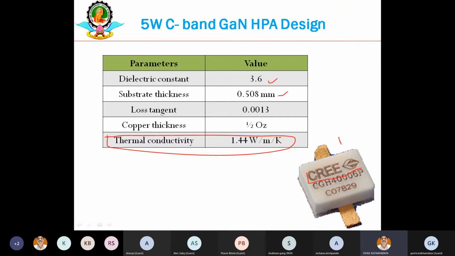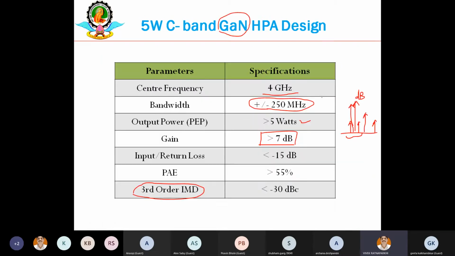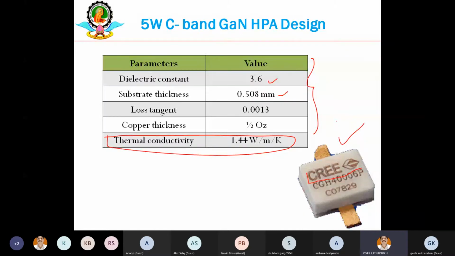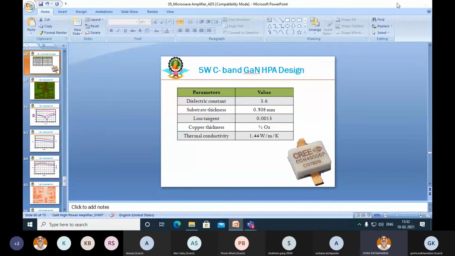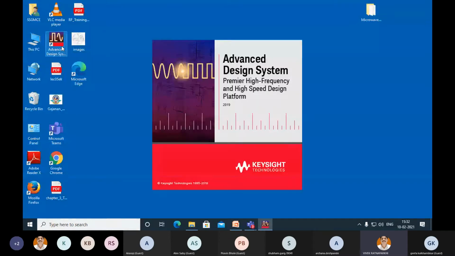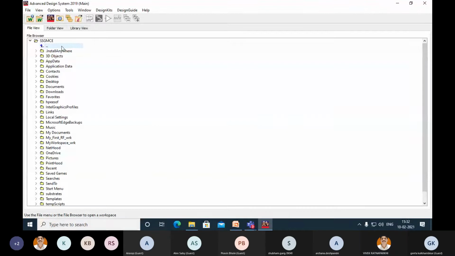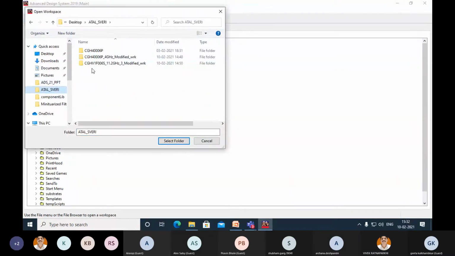So this is my transistor. These are substrate parameters, or you can say substrate, and these are the given specifications. Now with this, you have to directly go to the ADS and try to see how you can go ahead and design this 5 watt C band GaN HPA. So I will be first demonstrating you